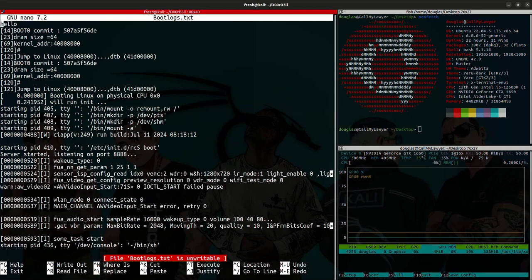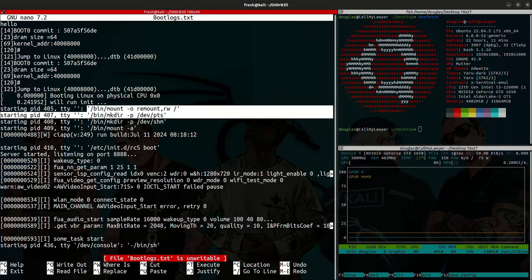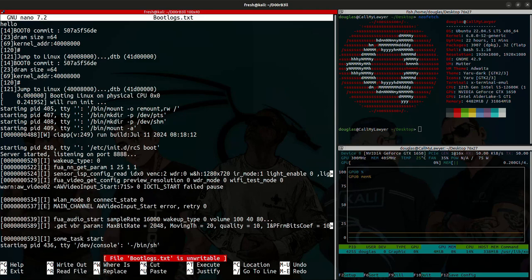So we see the device booting up and loading addresses into memory space. We see various processes identified as PID 405, 407, 408, 409, starting up, things being mounted, directories being created, normal stuff. There is a binary that starts running. This is a binary we will look at more closely later on. And we have our init.d scripts that start up, typical of